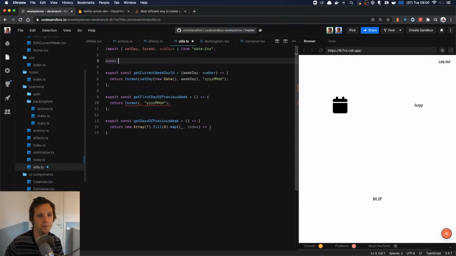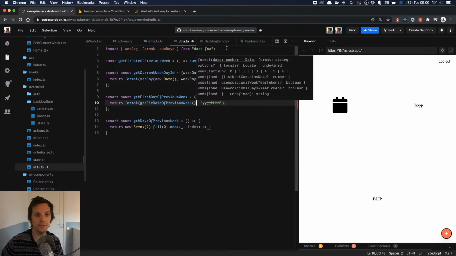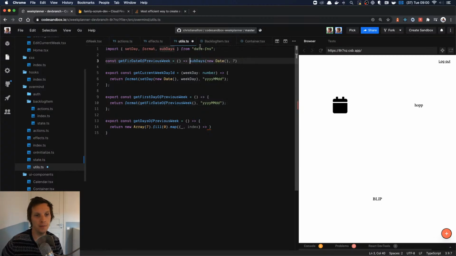So let's put that get first day of previous week. And then it's naming again, date. Okay, so this is going to be tricky to implement later if we want to have dynamic first day, because then we have to pass the first day through all these functions. But anyways, let's think about that later. So we'll do that, but then there's probably some function that